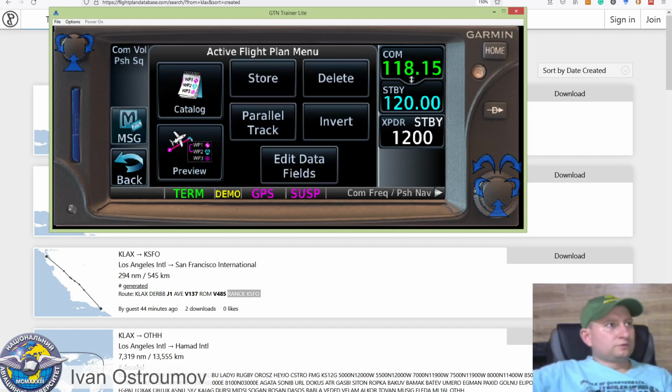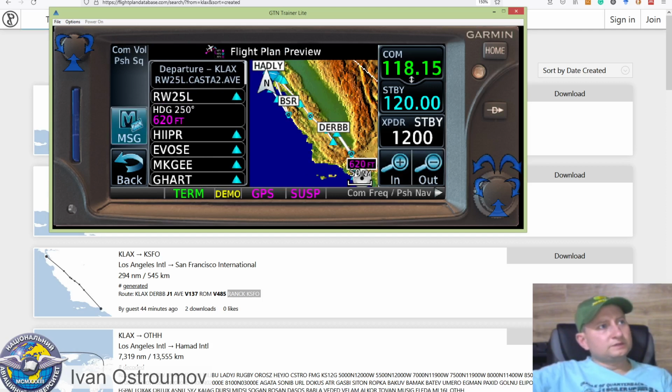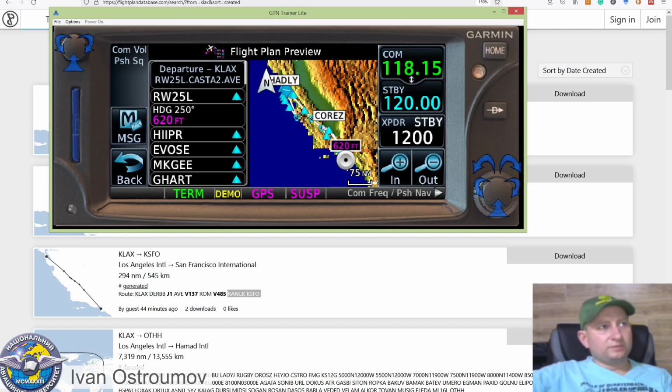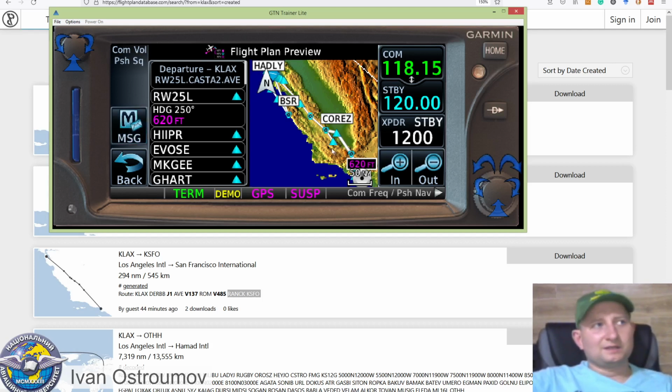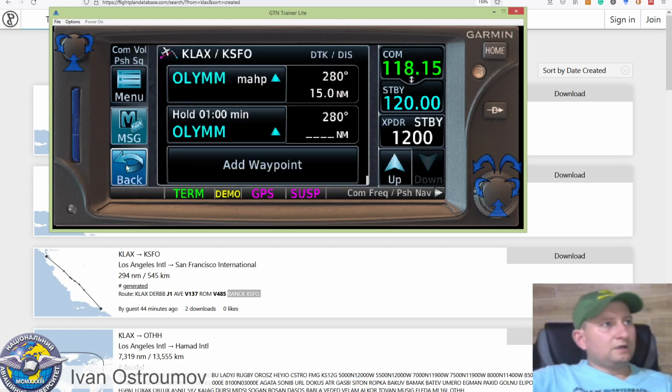Okay, and if you go to menu and click preview, you will see that our flight plan has been dramatically changed. It happened because we didn't care about SIDs and STARs, and we need to pay attention to which of them we choose, because in some cases we need to set up a more friendly SID and STAR, which give us moving to specific waypoints. Actually, in my flight plan, it is not so efficient. However, for study purposes, it may be enough. Okay, if we come back,